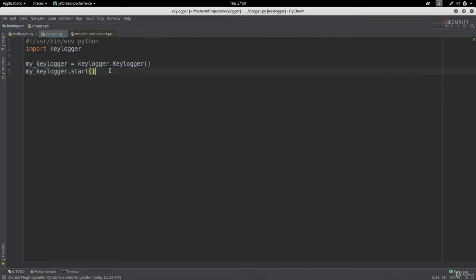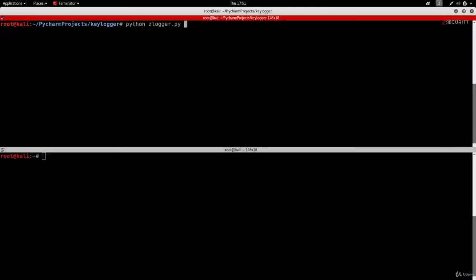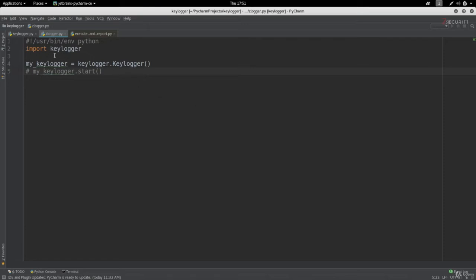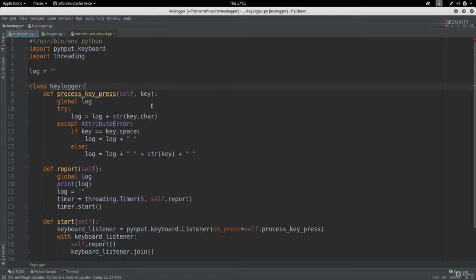As you remember, if I comment this line and run my program, nothing happens at all. But if we implemented a constructor method, then the code in that constructor will be executed automatically without us calling it. You can see we had to call the start method, but if we have a constructor, it will be called automatically